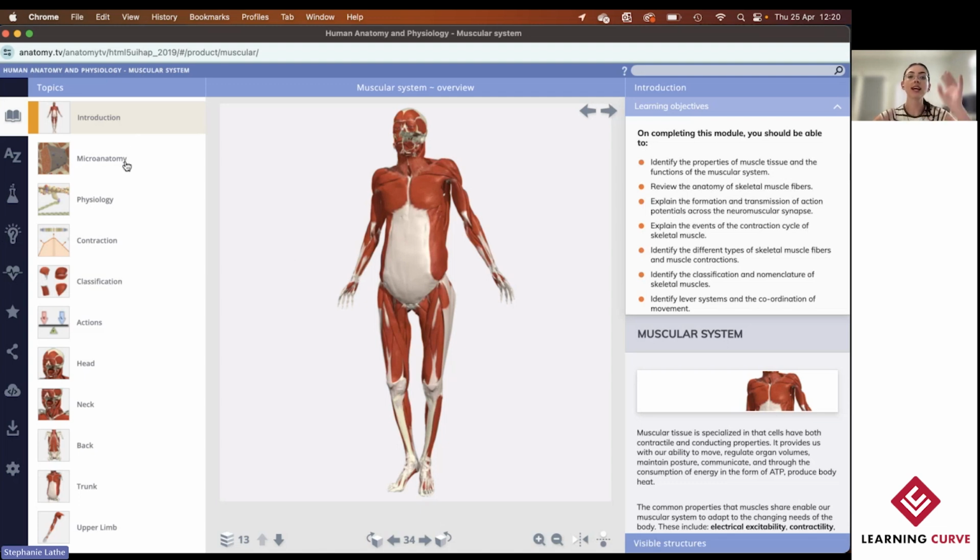lessons. And this is going to cover the gross anatomy, so what's visible to the naked eye, the microanatomy or the histology, so that is a cellular level, that is what is not visible to the naked eye, as well as the physiology. Okay, and I think I'm going to use the microanatomy lesson as our example today, because the